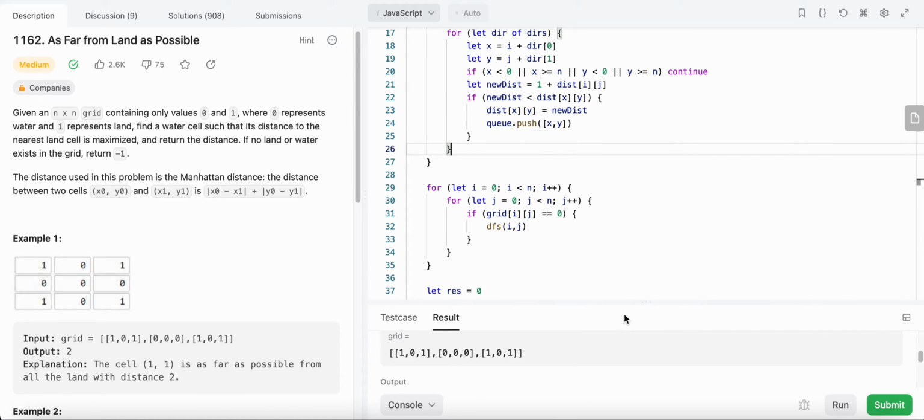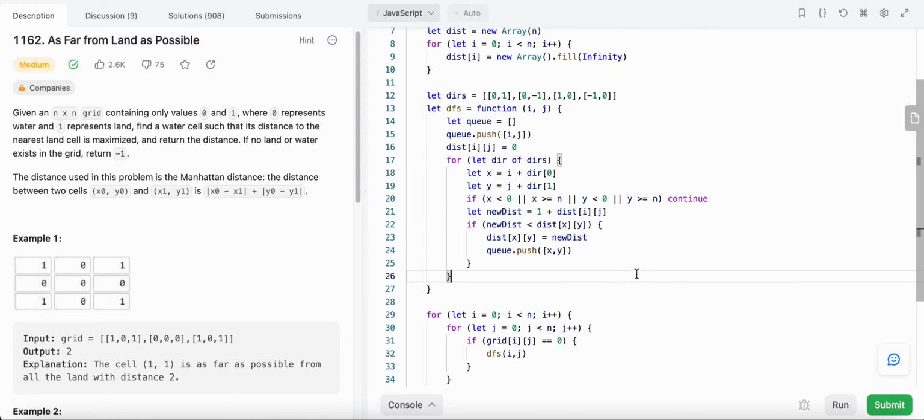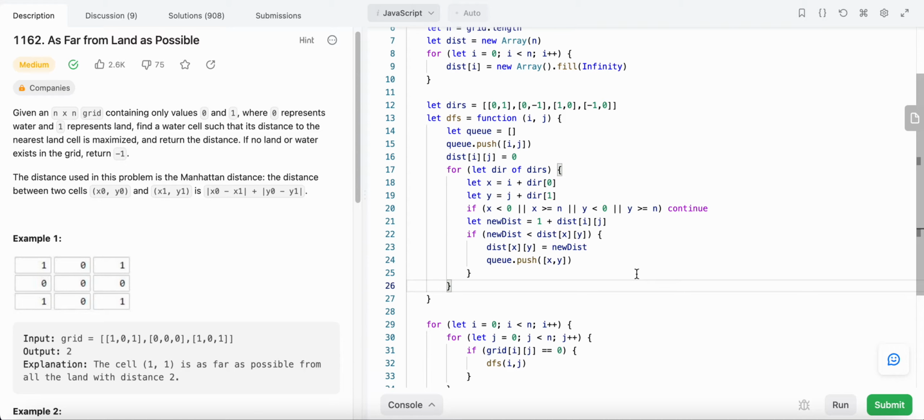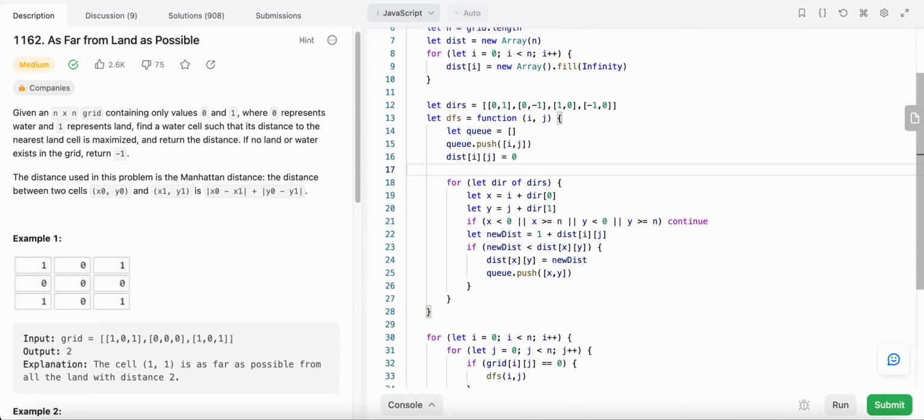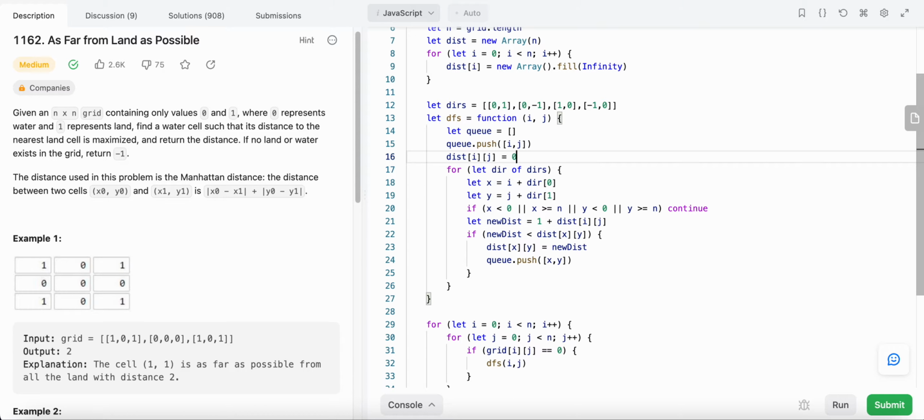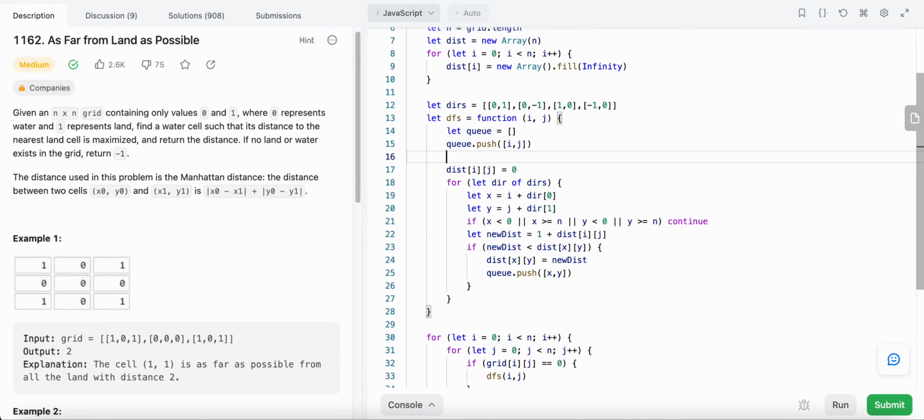Okay, so what did I do wrong here? All right, so what I missed out here is the while loop. Okay, so we actually are doing a DFS solution, and for that we need a while loop, right? So that would be here. So while,